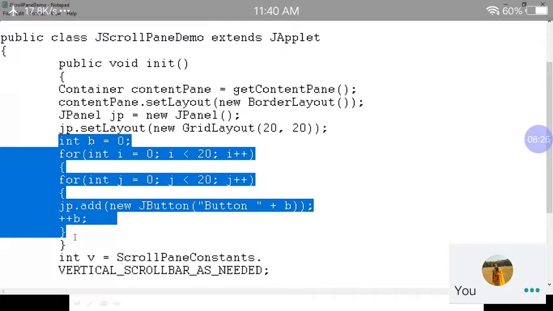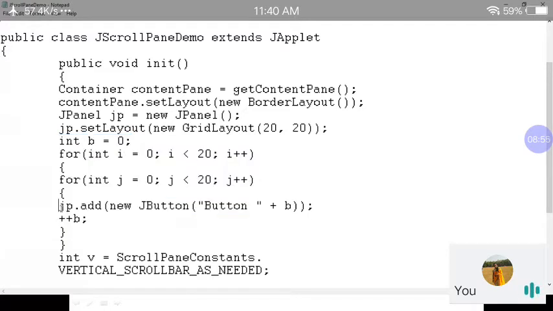For creating these JButtons, I have used two for loops. The first for loop is int i starts from 0, i less than 20, i plus plus. The second one is for loop int j equal to 0, j less than 20, j plus plus. For every counter i and j, I have created a new JButton, and that is added on my JPanel object, that is jp.